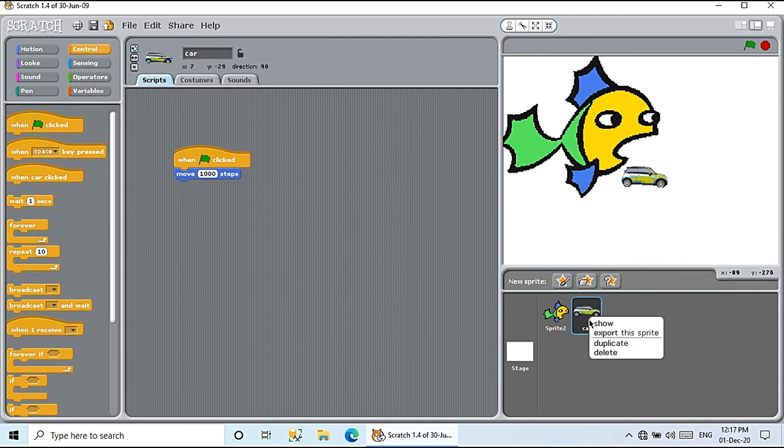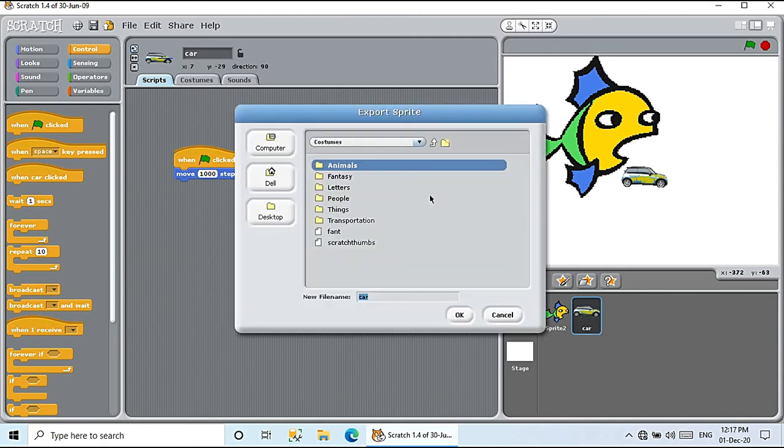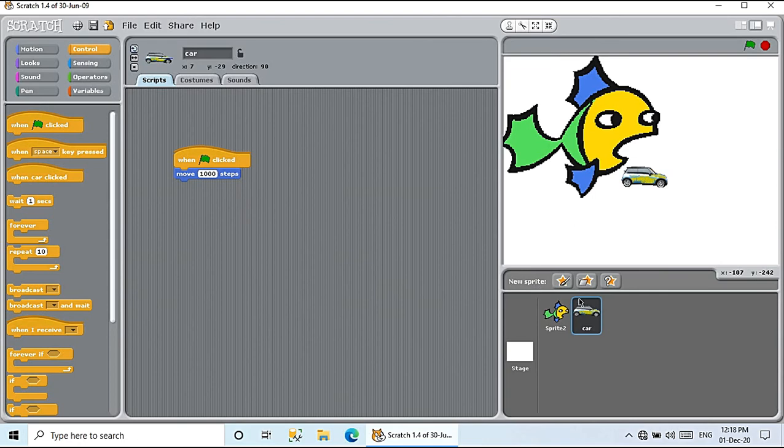Then you also have the other option, export this sprite. When you want to use the same sprite for other projects, you can write the name of the sprite and save it where you want, and click on OK button.